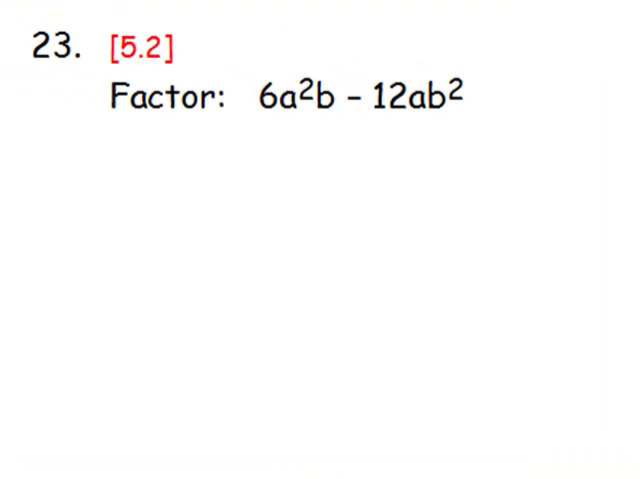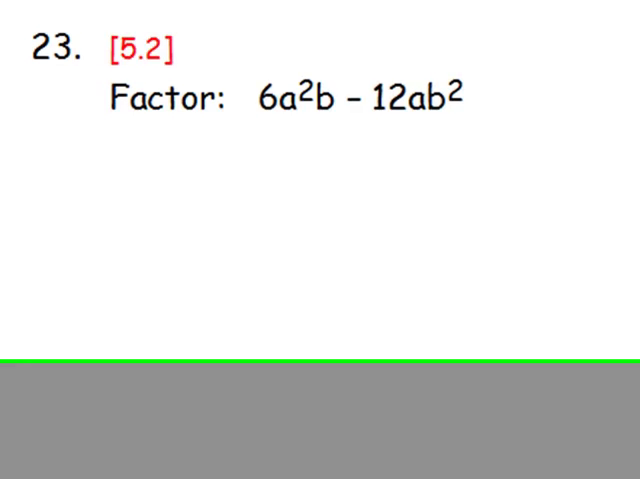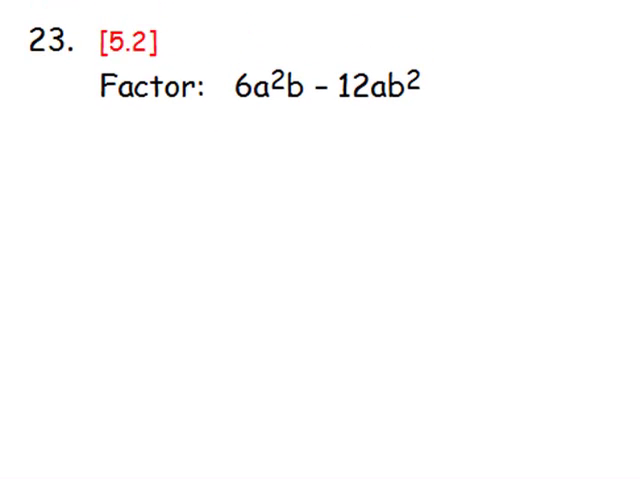All right, here are some exercises from Chapter 5. Factoring. Let's look at number 23. We have two terms and we must consider the greatest common factor and factor it out. Between 6 and 12 we can take out as much as 6. Between a squared and a we take out a, and between b and b squared we factor out